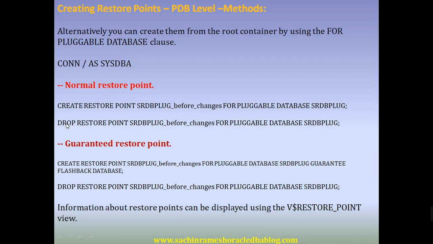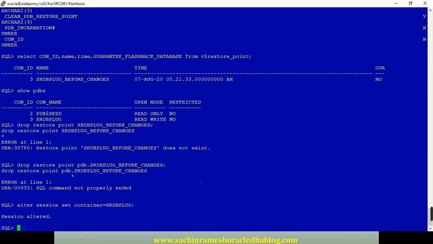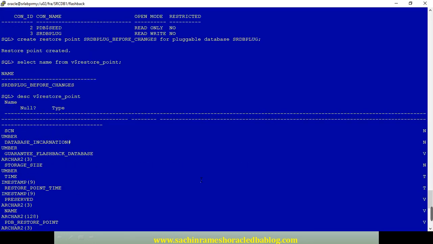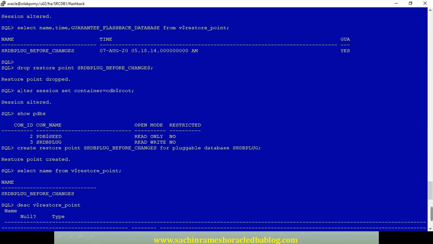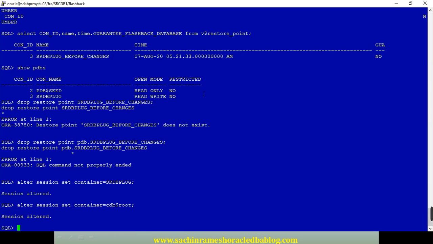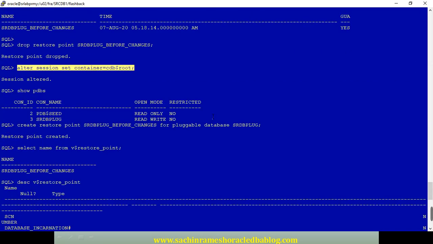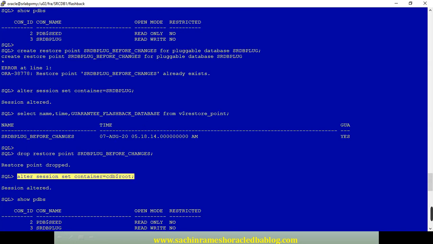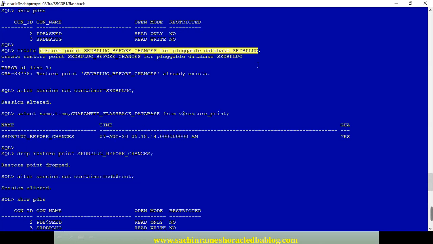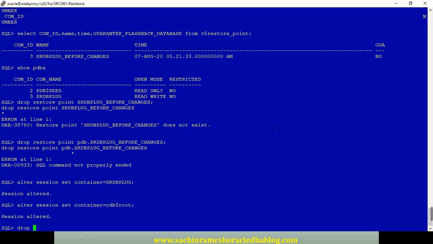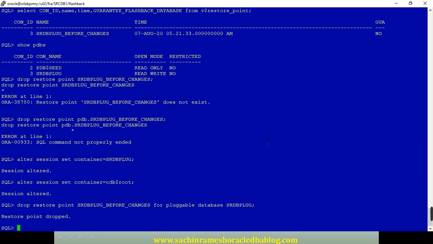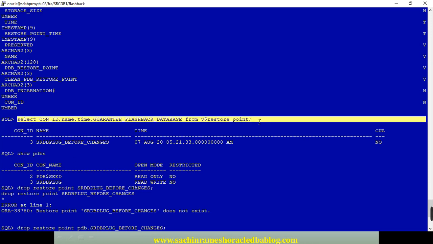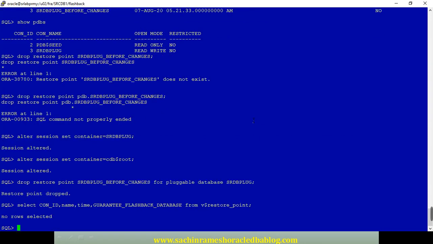Yes, we have to do it this way: drop restore point for pluggable. The way we are creating, the dropping also we have to do like that. So I will just drop. Yeah, it's working fine. Now we can see there won't be any restore point in this container database as well as the pluggable database. So nothing is there.